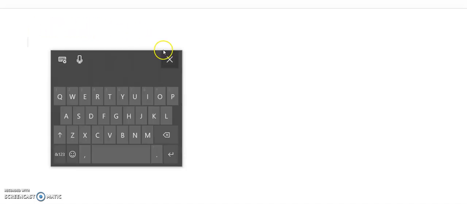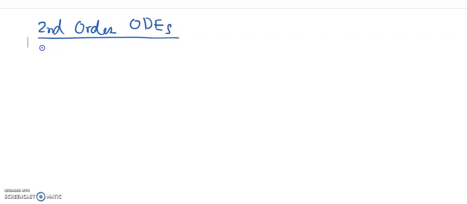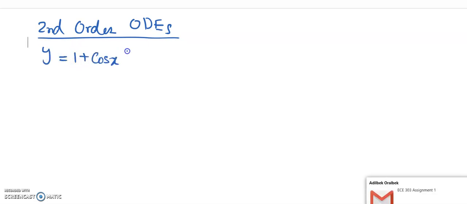So in the last lecture, we were doing one example. So we are talking about second order ordinary differential equations. Okay, so as an example, y is equal to 1 plus sine of x